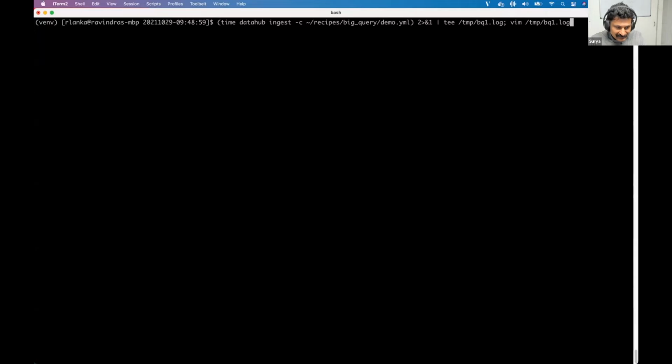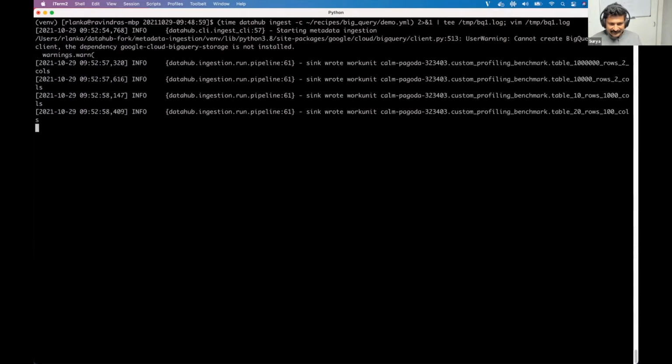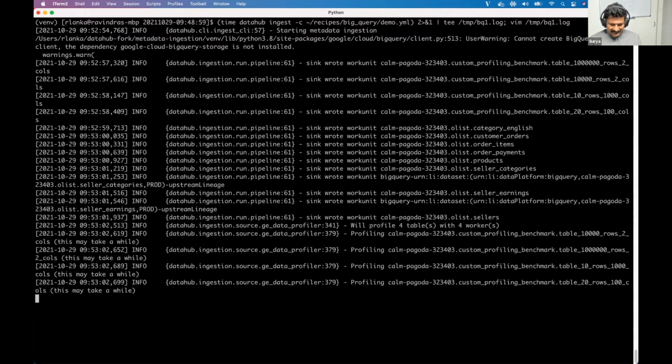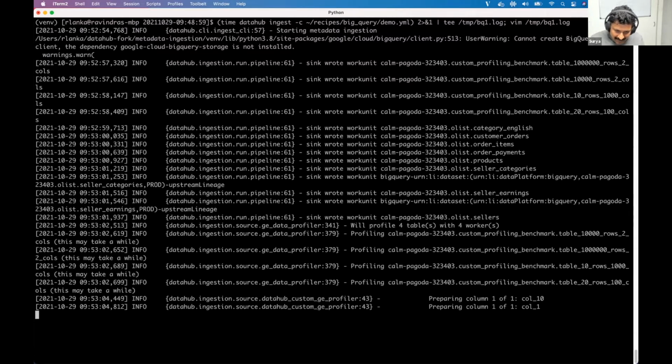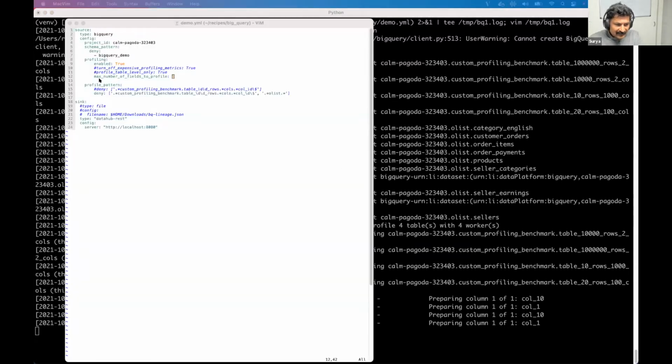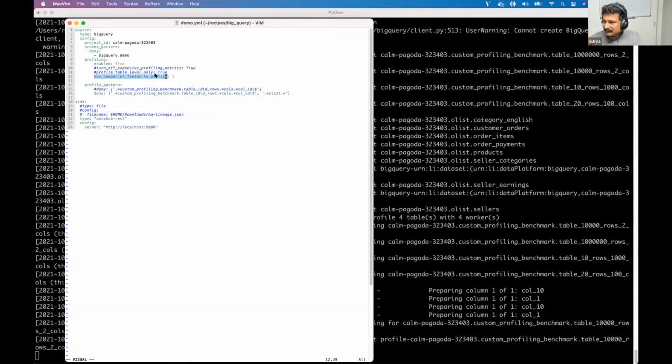Let's run this. The interesting thing to notice here is this particular thing being in action. I want to say just one field.